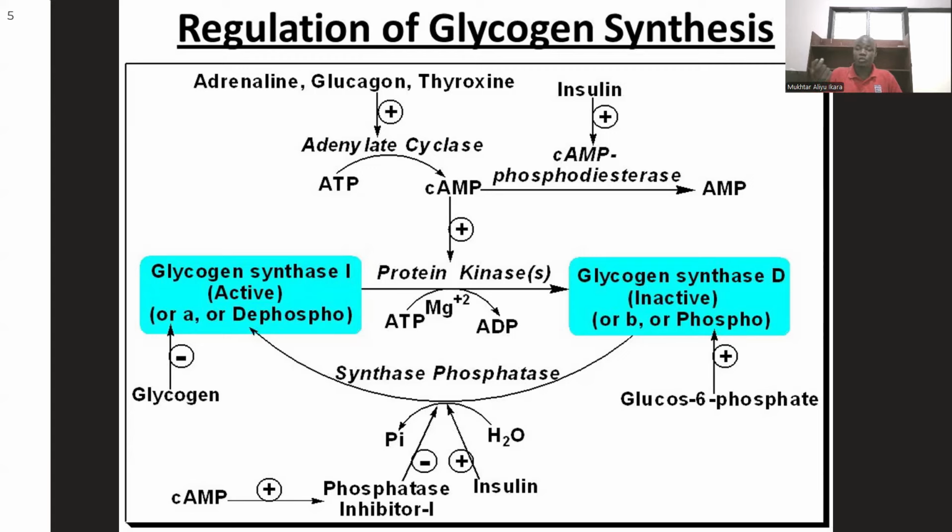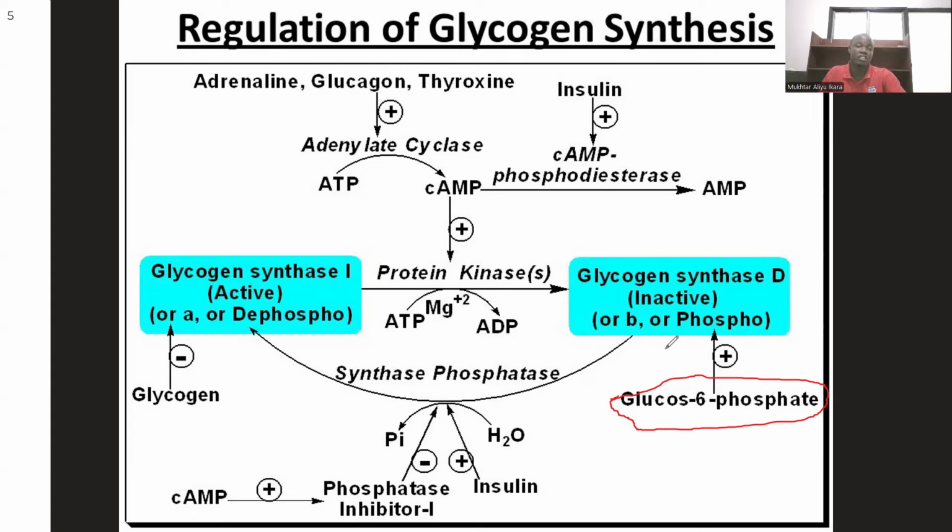And in addition, there are also allosteric regulators. At this point, the presence of glucose 6-phosphate is a positive activator of glycogen phosphatase, which is the inactive form. So the presence of glucose 6-phosphate means that we have enough glucose 6-phosphate, so it will actually